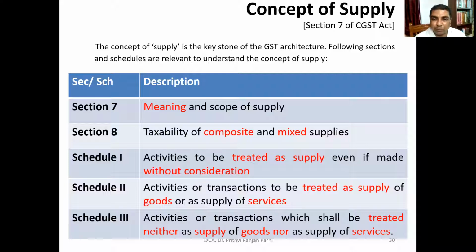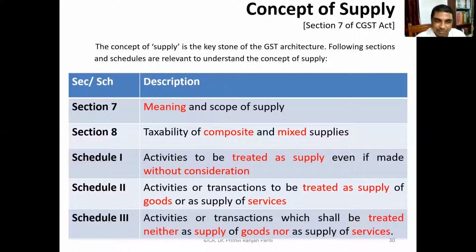What is the meaning of composite supply? What is the meaning of mixed supply? And there are a few schedules relevant to it. Schedule 1 talks about activities to be treated as supply, even if made without consideration. So friends, you already know consideration plays a key role in deciding whether it is a supply or not. But there is a schedule which contains a list of activities which can be treated as supply, even if